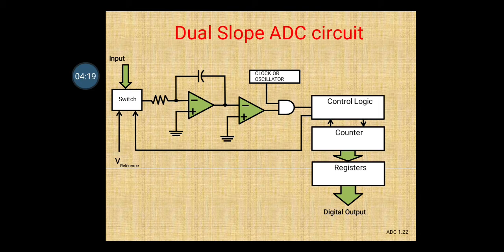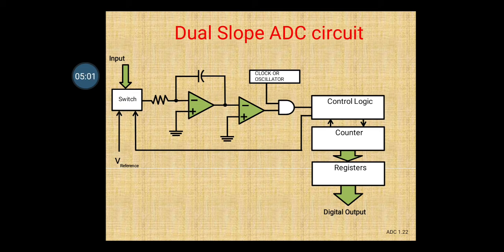Then the switch is connected to the operational amplifier. The triangle which you see is the symbol of an operational amplifier. It is also called an op-amp, and it is nothing but an IC, an operational IC. This op-amp IC has two inputs. An operational amplifier will always have two inputs and one output. Here you can see the operational amplifier is connected with a resistor and a capacitor in a feedback path. There is a capacitor from the output connected back to the input.